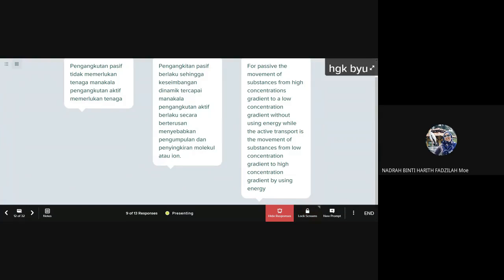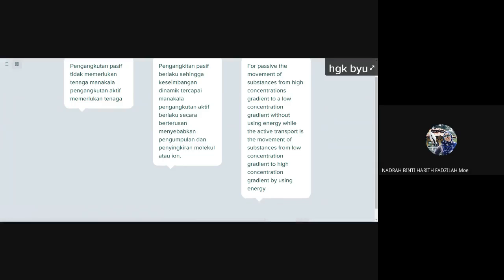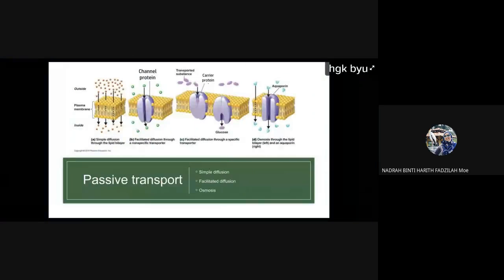Okay, sorry to interrupt your answering. Okay, kita nak pergi ke yang seterusnya pula. Now kita tengok passive transport. Sorry saya terpaksa move on to the next one. Okay, kita nak tengok passive transport. There are 3 types: simple diffusion, facilitated diffusion and osmosis. Osmosis saya akan discuss in a separate session. Maknanya bila saya dah habis semua simple diffusion, facilitated diffusion dan active transport, baru saya akan masuk ke osmosis